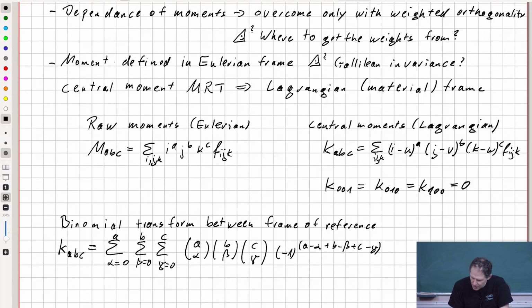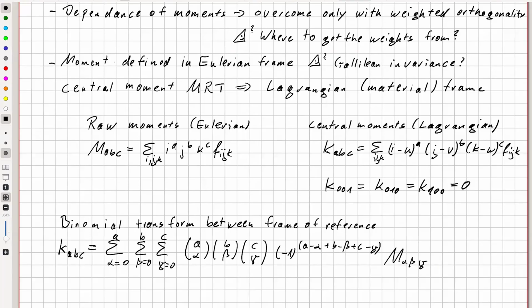It's a little long here. Then come the moments M alpha beta gamma,